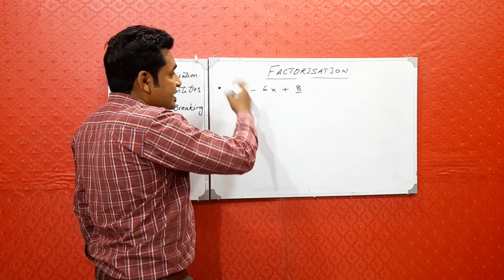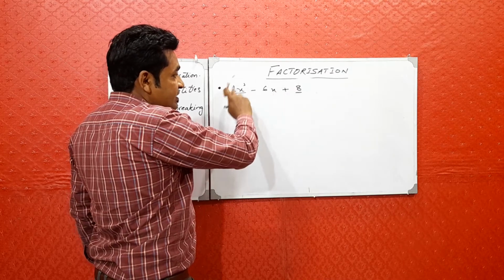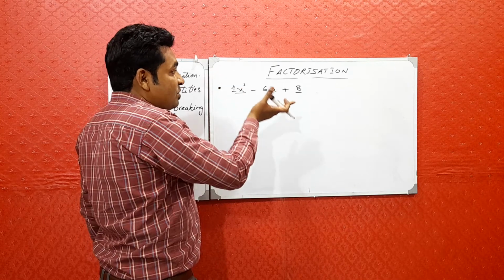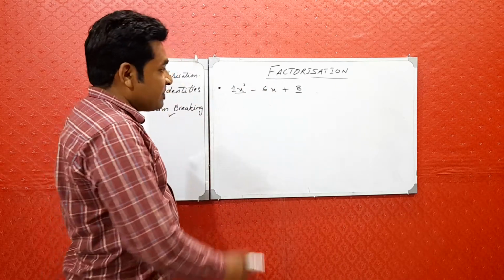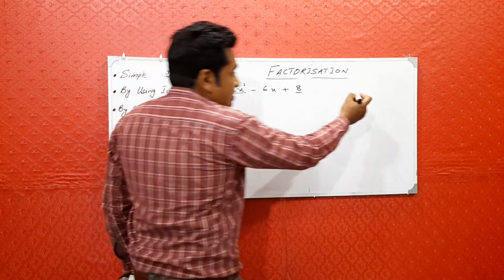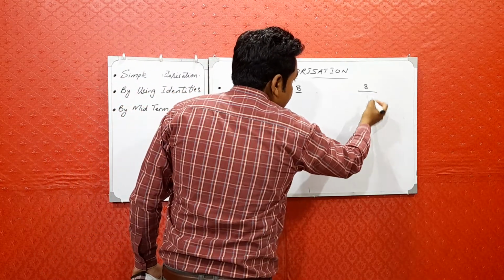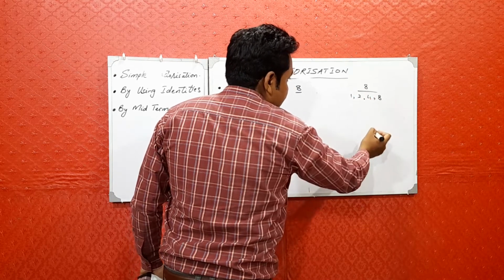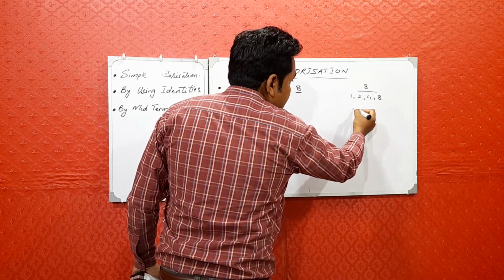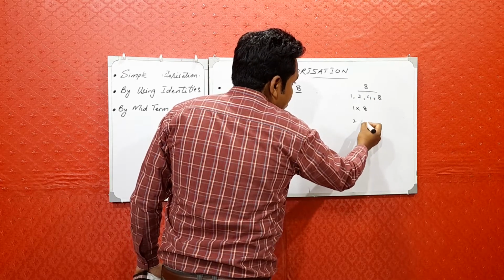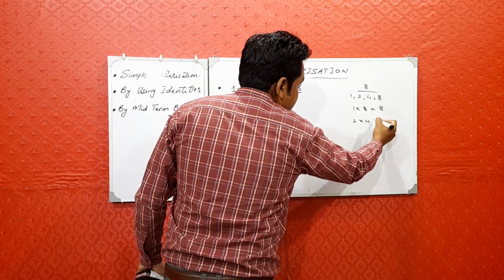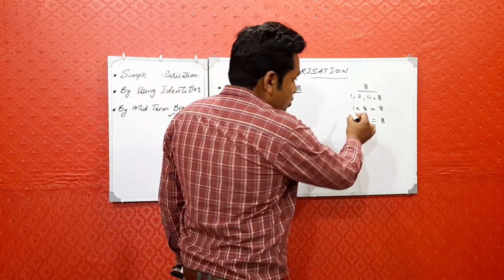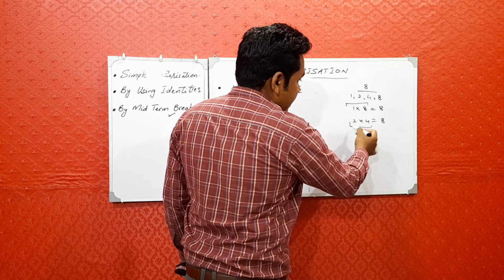But if it is other than 1, then we first multiply 8 by that number, and then we find the factors of that number. Right now we have 8, since 8 ones are 8, so we will find the factors of 8. You know that the factors of 8 are 1, 2, 4 and 8 itself. How do we get 8? When we multiply 1 by 8 and 2 by 4. So 1 times 8 is 8 and 2 times 4 is 8. Yes, we have got two pairs of factors, 1 and 8, 2 and 4.